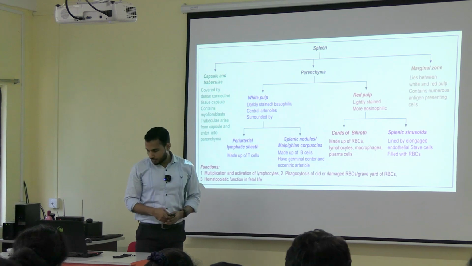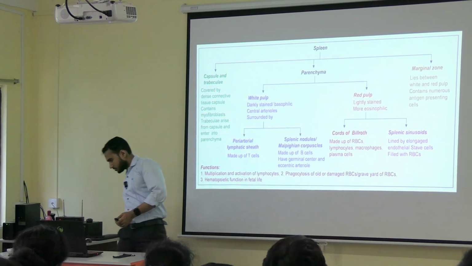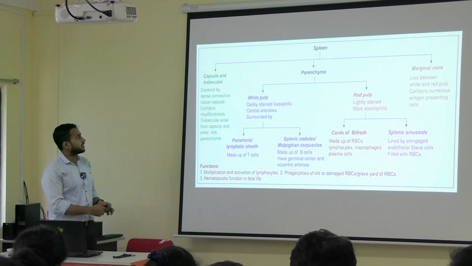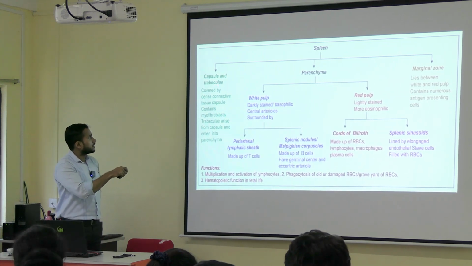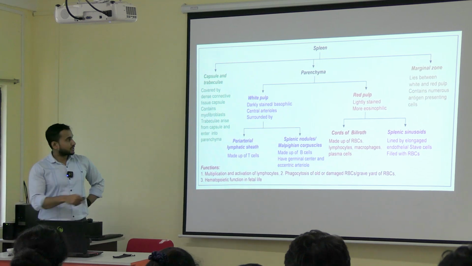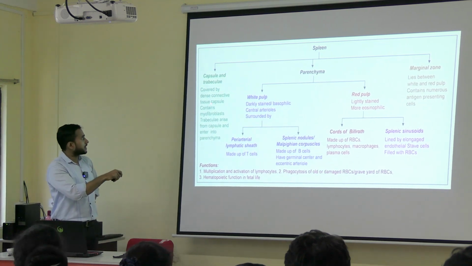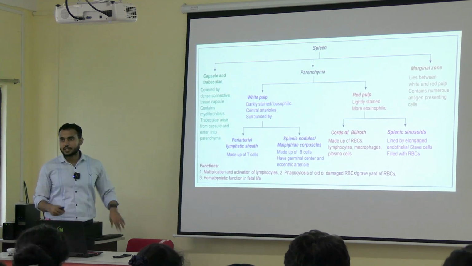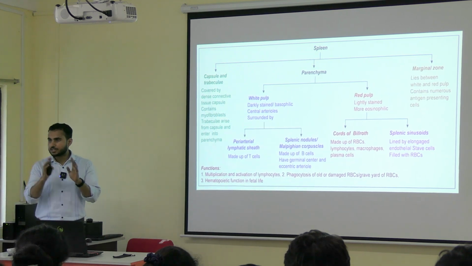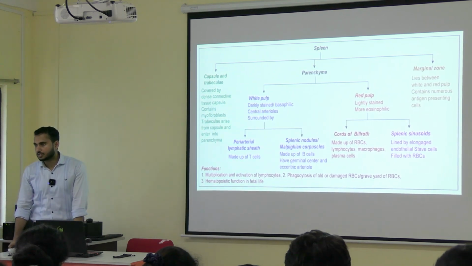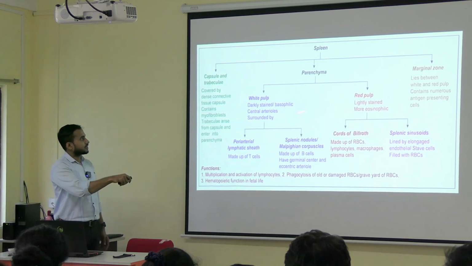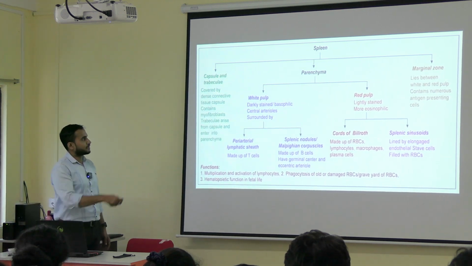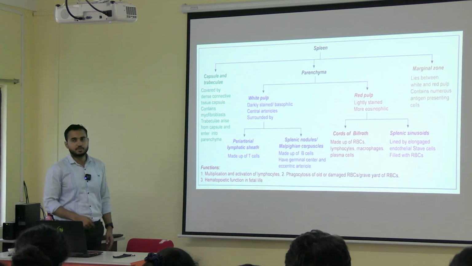Okay, you have to understand the concept of red pulp and white pulp. Now, this is the overall structure of the spleen. So first of all, you can see the capsule and trabecule. Now please note that this particular part, capsule and trabecule, along with that the connective tissue which is present, that is the stroma of the structure, stroma of the gland. Next, here you can see the parenchyma. So this entire part is parenchyma. This is also under parenchyma.